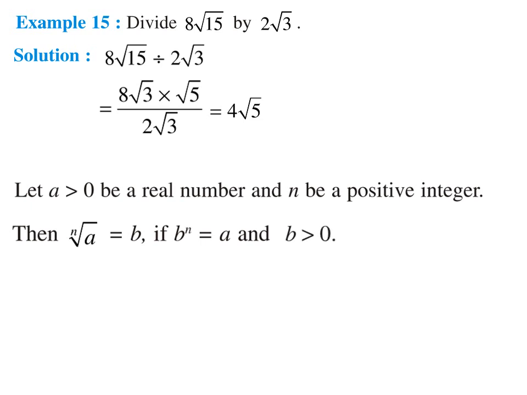Now what is nth root of a? You have to write it as, suppose we have to write square root, so 2 times root of a, cube root, so 3 times root of a. So nth root will become nth time root of the number given in the root bracket. So if nth root of a equals b, then b to the power n equals a, where b is again a positive number. So you just have to remember the property.